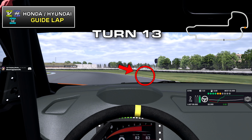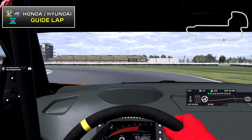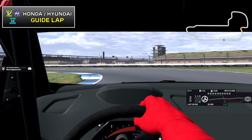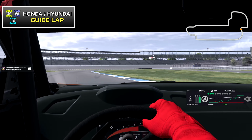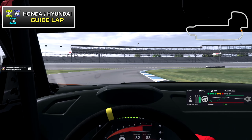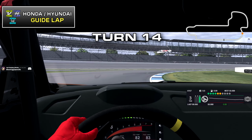Final short corner here for 13. You want to get yourself over to the right as much as you can. This is probably the most important exit of the whole course. You can cut a fair bit of the curb here, and when you're absolutely certain you're not going to overdo it and go wide on the right, foot down and hug that inside for the final drag race down the